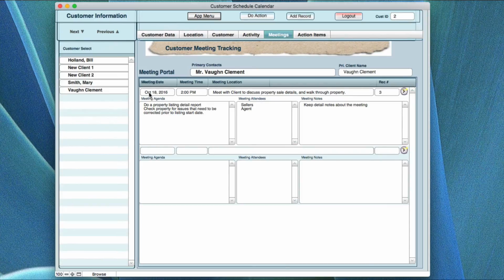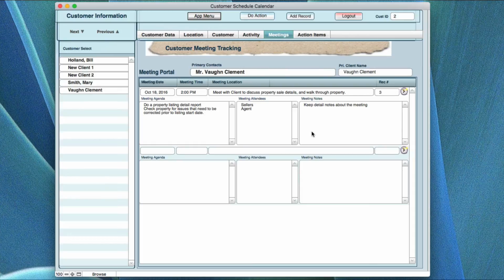So what you would do, like all the other things, you would start to create information here. It'd add a new blank record below, and you would fill in the information that you're working with as far as the description of the meeting, where it's going to be, the agenda, who's going to attend the meeting, or people that you can add on the fly at a meeting, and then meeting notes. Meeting notes can also include pointers to an action item so that you'll have it that they came out of that particular meeting. And you can also use numeric information here in order to create a